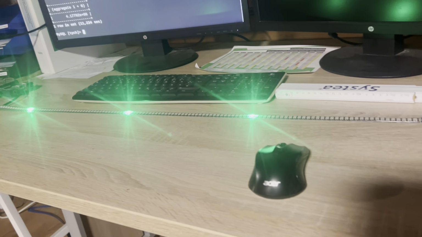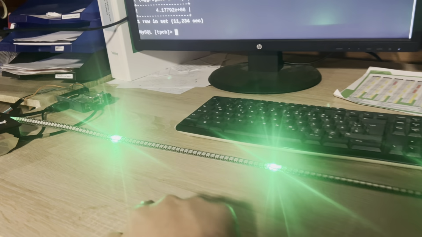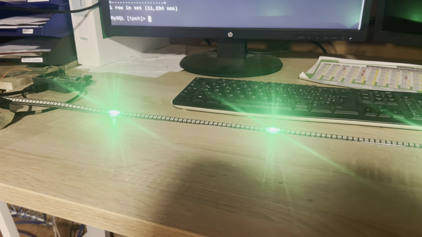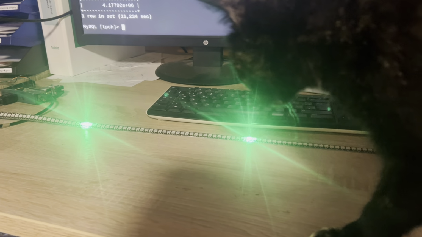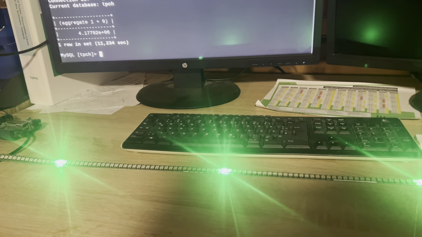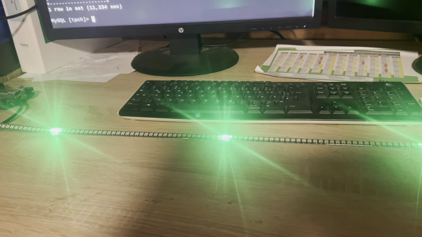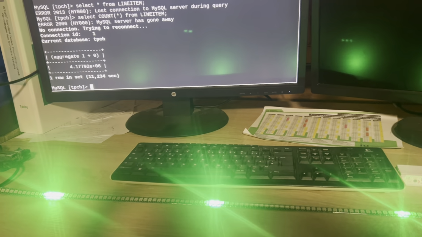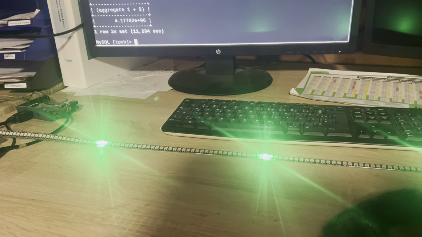I finally did it. I tried one of these LED strips with single programmable LEDs, and what you see here are 4 green dots, and what they do is they are like htop. So as soon as I put load on the system, like resizing windows or something like this, you will see the CPU load goes up, and as does the light